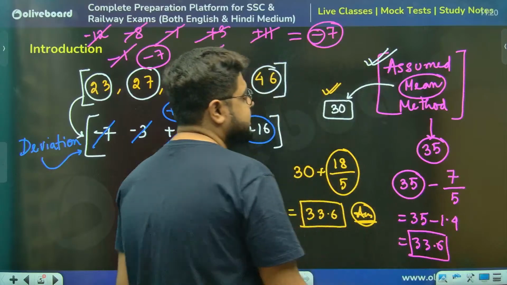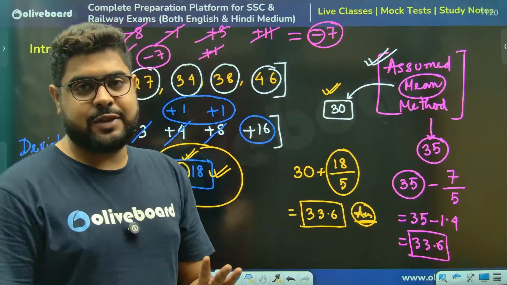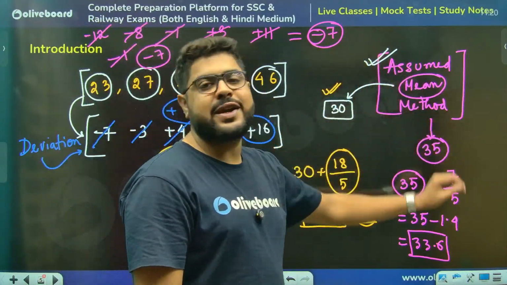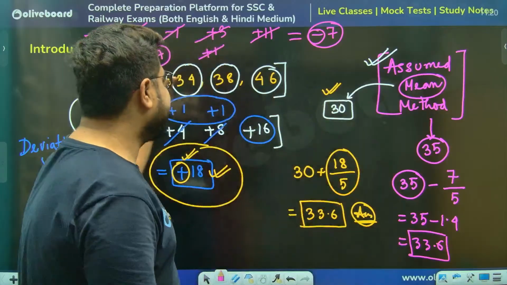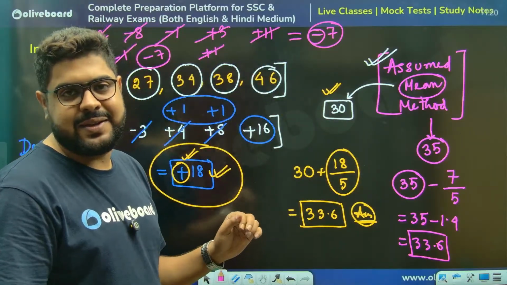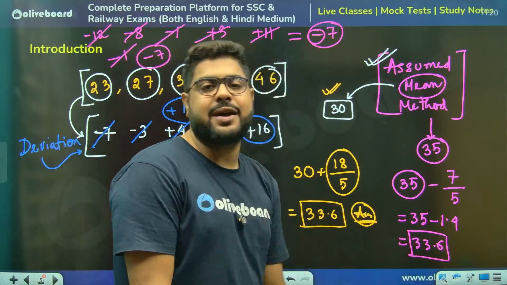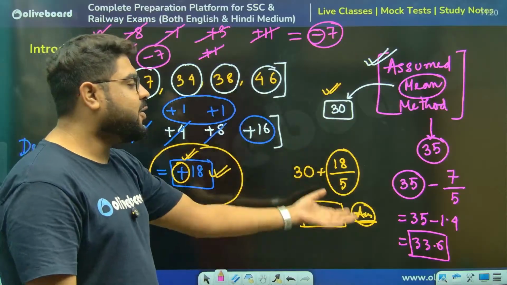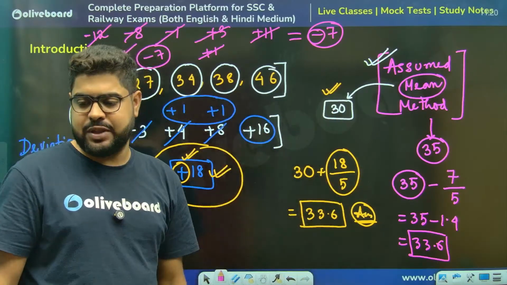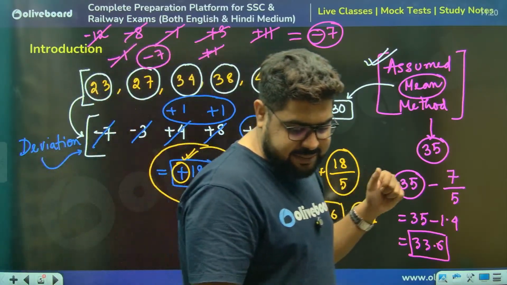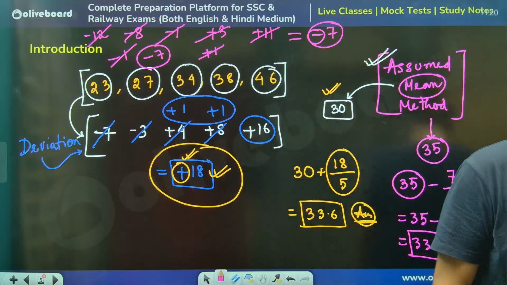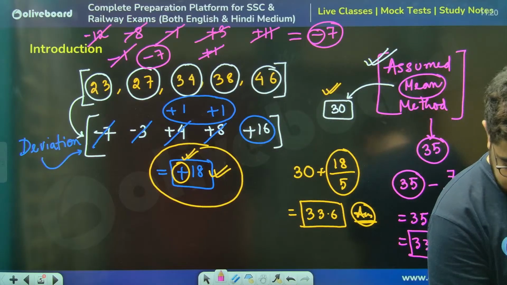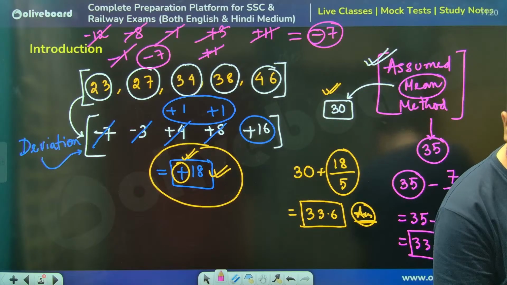So please understand, it does not matter what assumed mean we are taking. You can do this by taking 100 as the assumed mean as well. You will always end up with the same answer because the average cannot change. Average has to be the same, sir. Pawan, yes, perfect. Right? Ritu, perfect. Pawan, perfect.